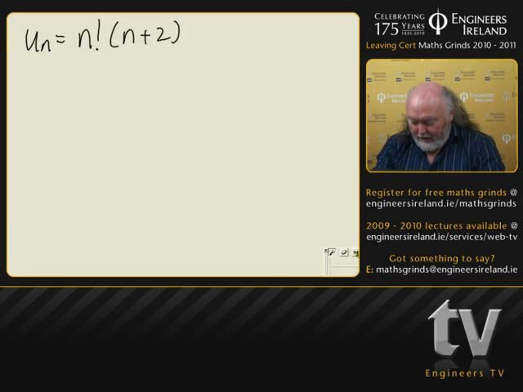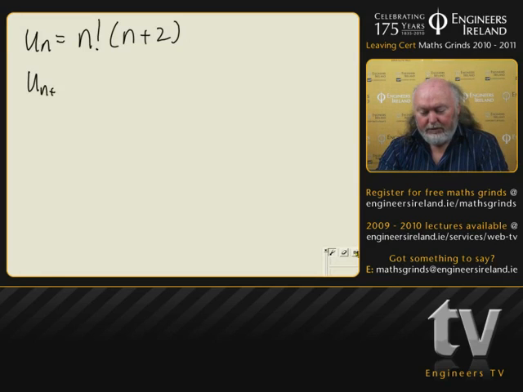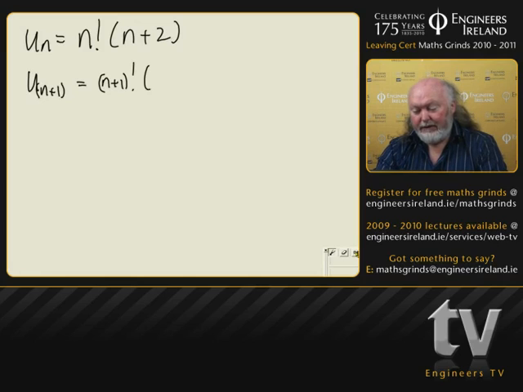So what is it? And I'm not going to go through all the example, I just want you to see this. Obviously un plus 1 will be equal to n plus 1 factorial outside of n plus 1 plus 2, and we'll say that's equal to